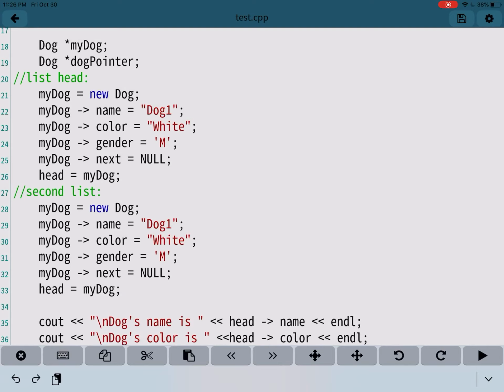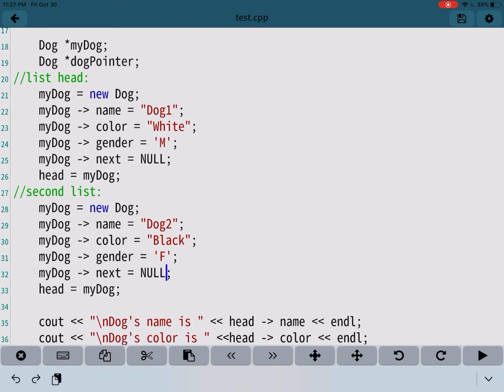That's completely fine. And what we're going to do is just change the values. So let's make this dog2. Let's change the color, let's make it black, for example. And let's change the gender. Let's make it F,